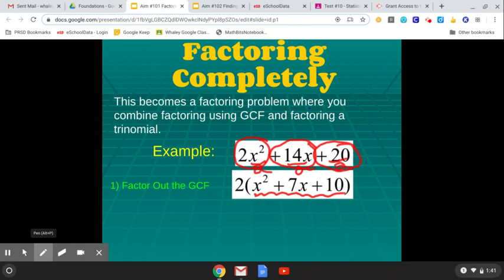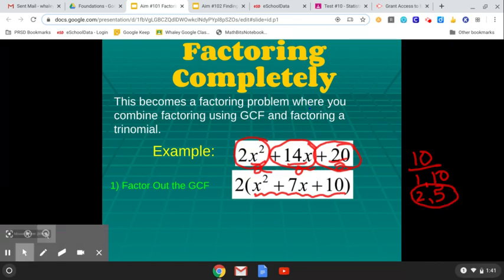Now when I look at this, this is one of the ones where we go, okay, multiplies to be 10, 1 and 10, 2 and 5. And combines to be 7 in the middle. Oh, that must be 2 and 5. So I factor that one again, and then when I'm done,